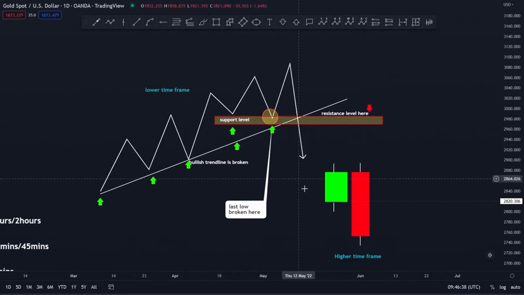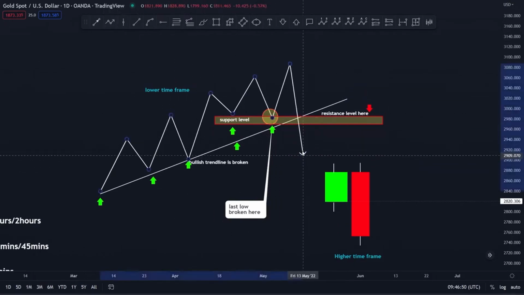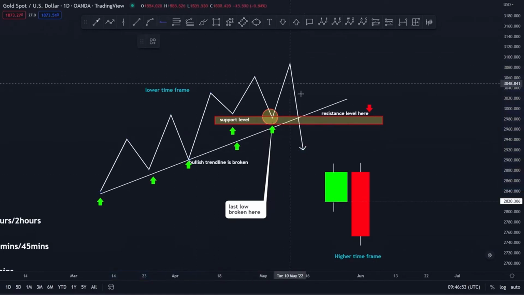So let's say maybe you are on the daily here. Just put a line here when you see a bearish engulfing candle. Then when you move on to the lower time frame, you will see something like this. So the next step here, guys, this line here in the lower time frame, it can be around here. Even when you have a resistance like this, then in the lower time frame, you will predict that